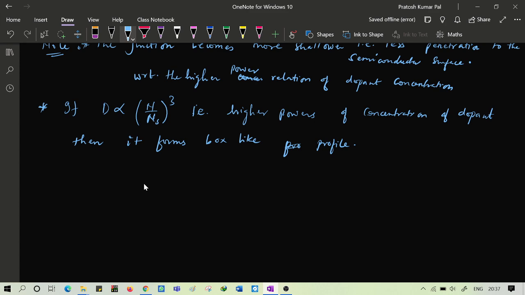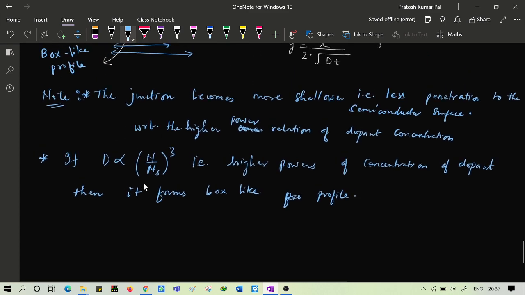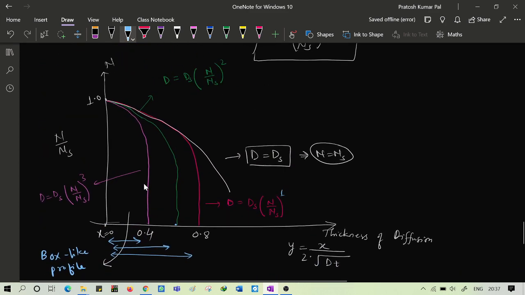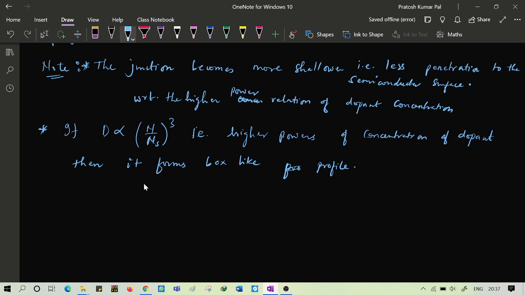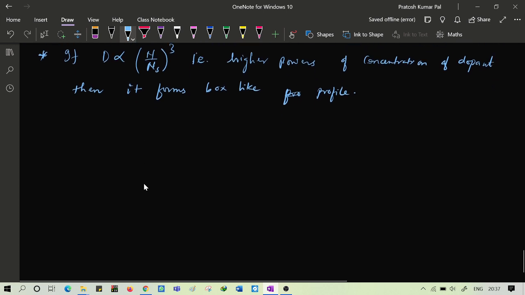Okay, so these are the 2 points we have concluded from this graph. We are having shallower junction depth, and one more point, that it is going to follow a box like dopant profile. So the dopant profile that we will be obtaining is a box like profile,